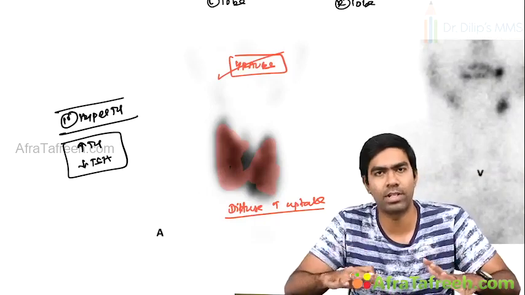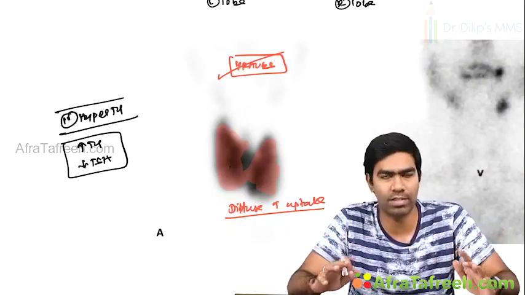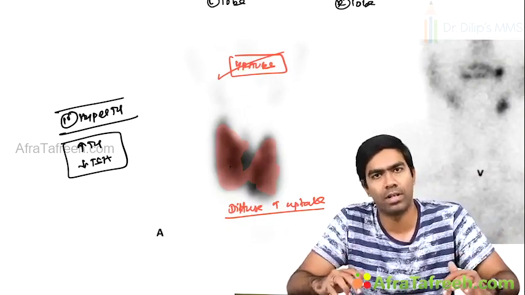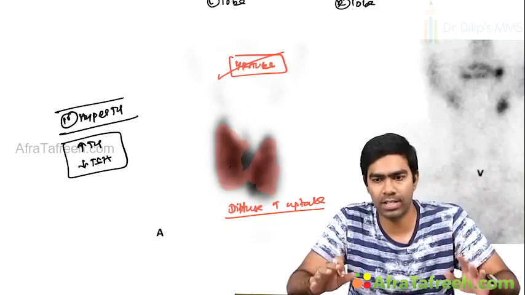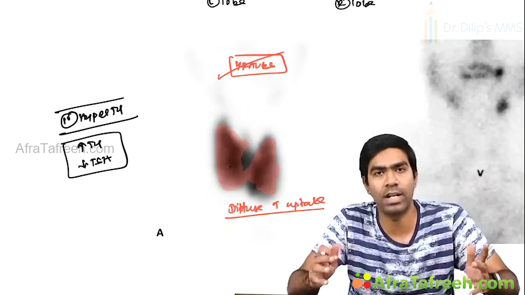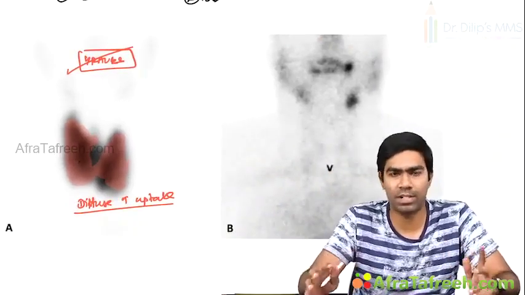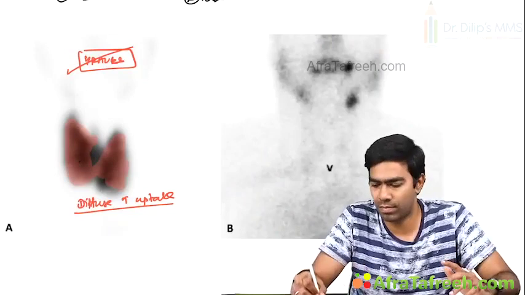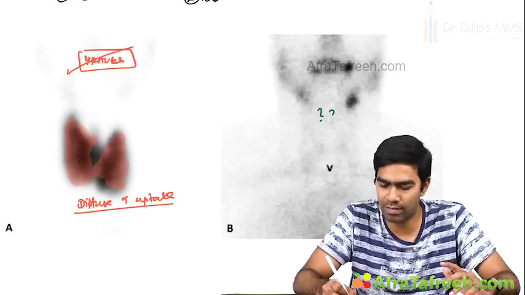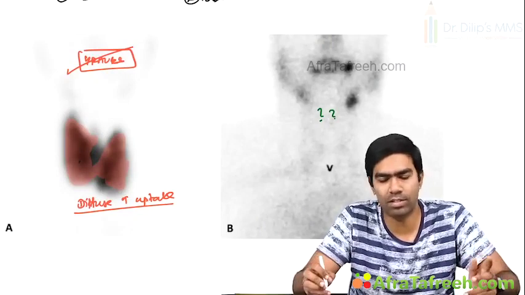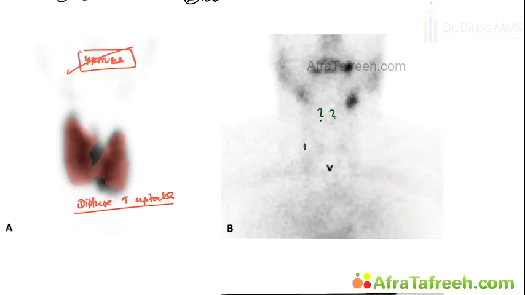This picture means the treatment will be the same as Graves' disease only. Clear? Which means this indicates the patient is having TSH-stimulating TSH receptor antibodies. Then you can see another patient with primary hyperthyroidism, where you cannot even see the gland. Where is the gland here? You can see the markers already, but there is no gland here, which means it is a diffuse, decreased uptake